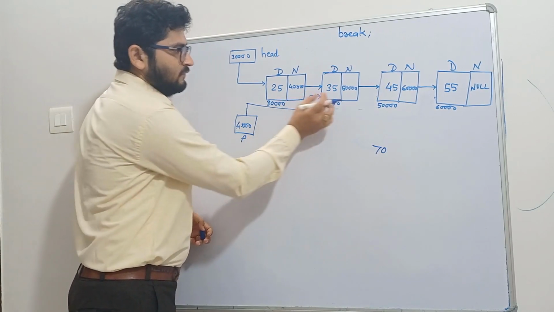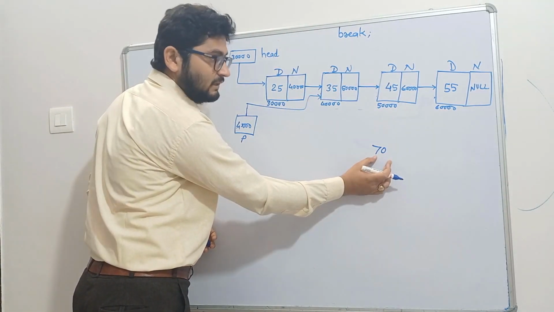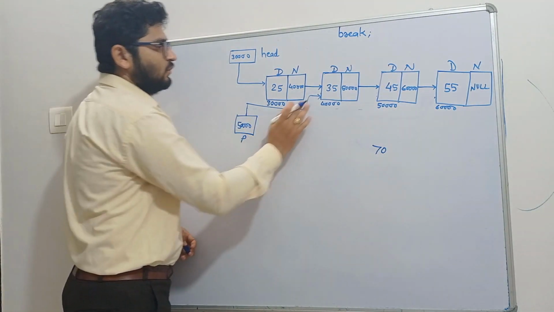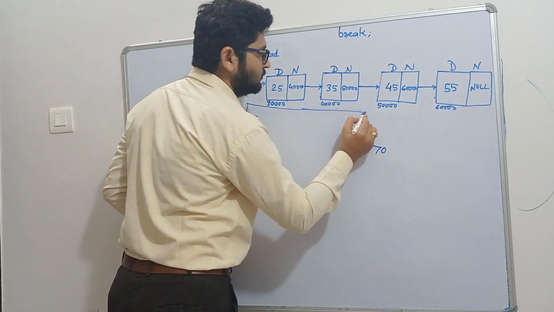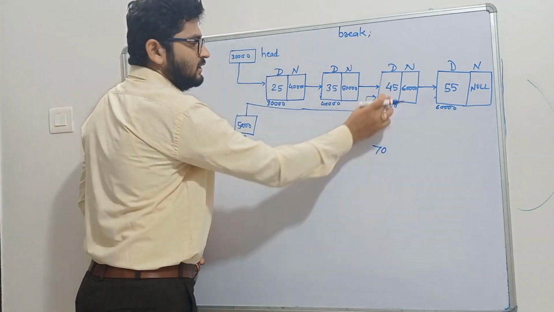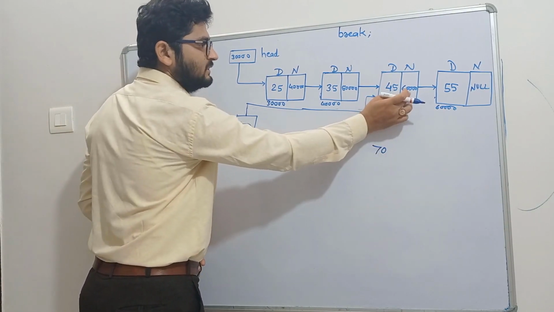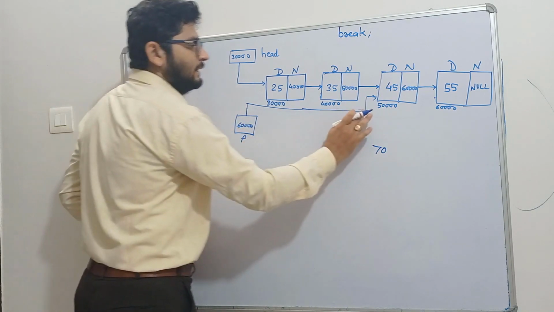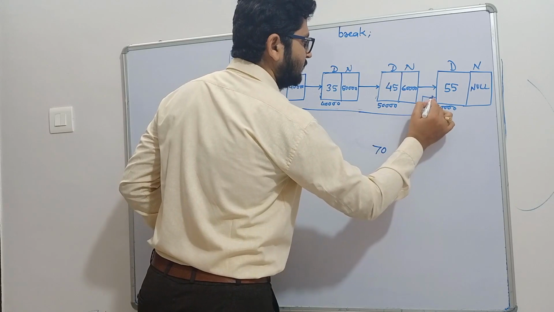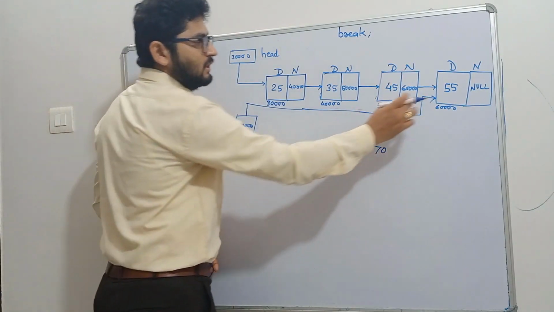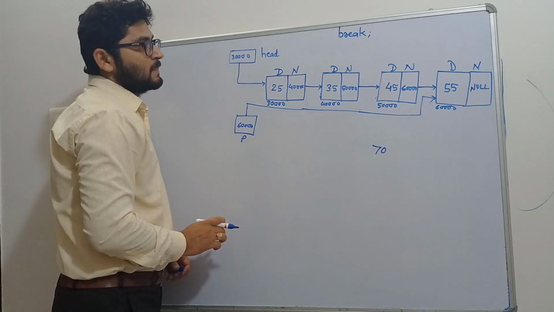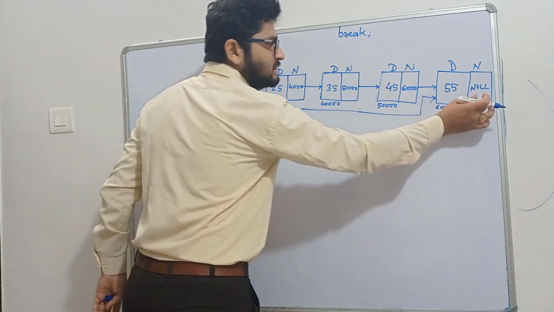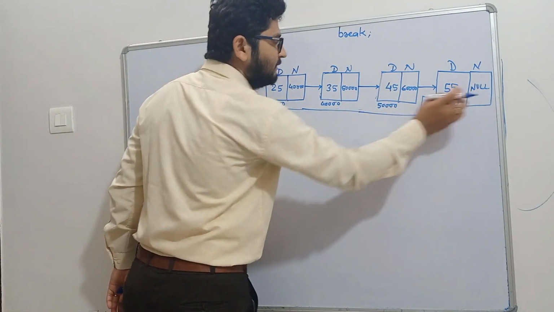Again, you can see here the value of this node is again not matching with this 70. So what we will do? We will just copy this 50,000 over here. So that means now P is pointing to the next node. Again, this 45 is not matching with 70. So again, we will copy this 60,000 over here. So here it will be 60,000, and now this P is pointing over here. Now again you can see that the value of the current node is not matching with the 70. So again 55 is not matching with the 70. So that's why we need to copy the next of this node into P. So this null will be copied over here.